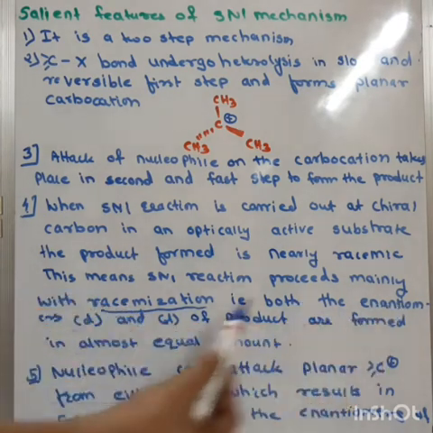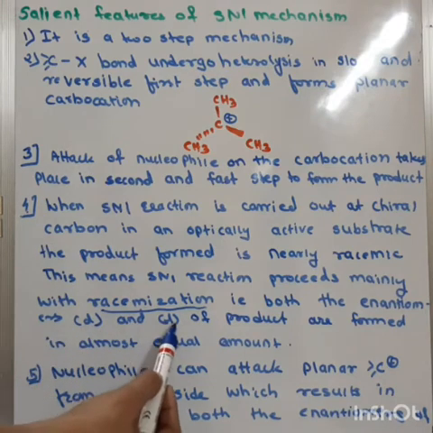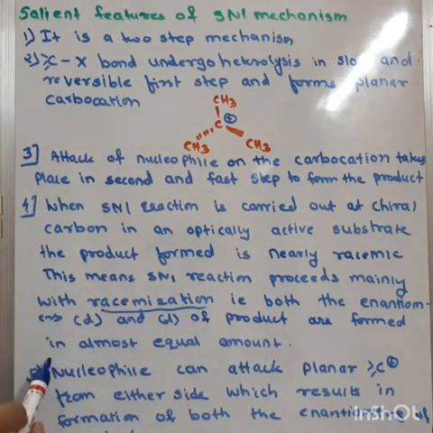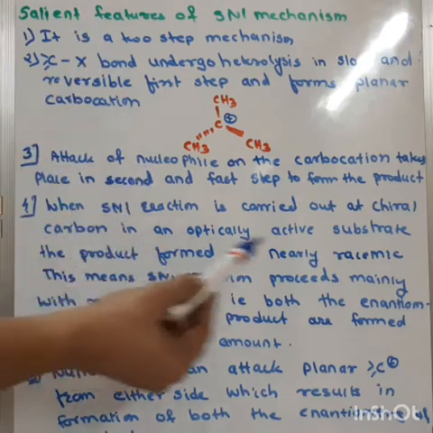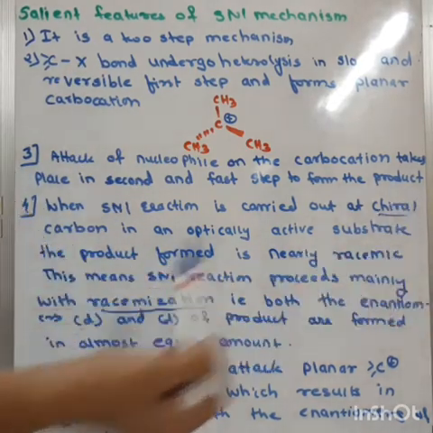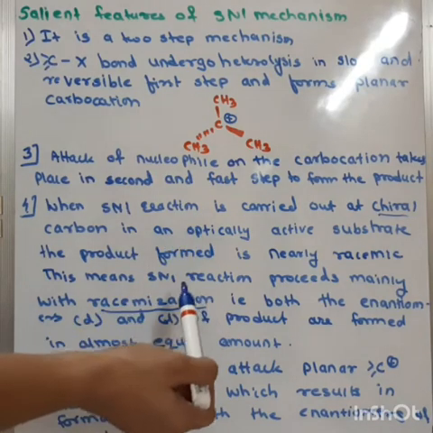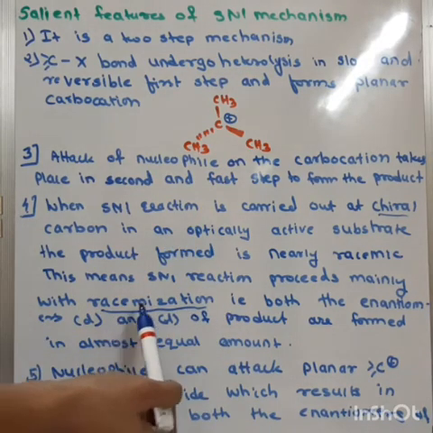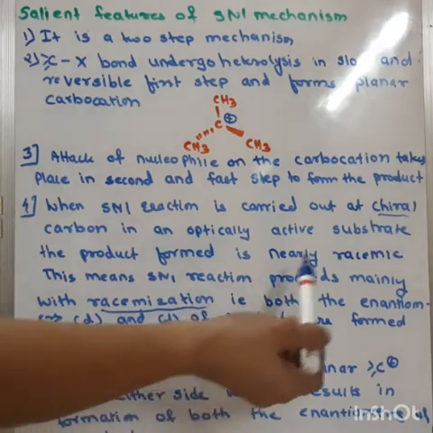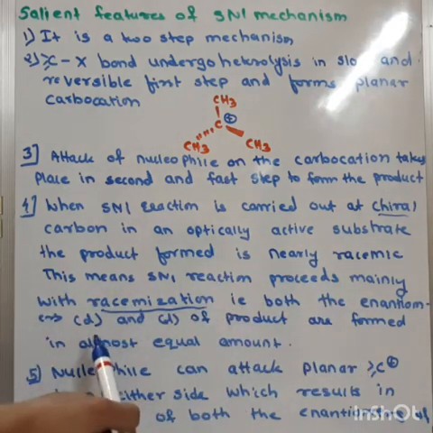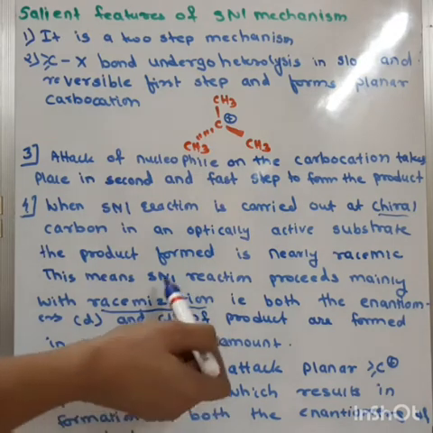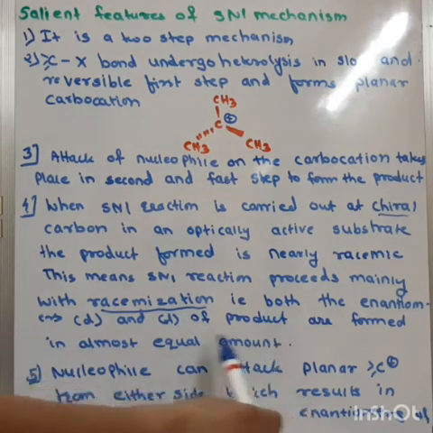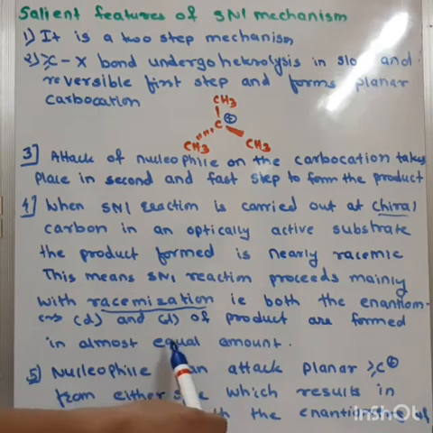That is, both the enantiomers, D and L, of the product are formed in almost equal amounts. In this reaction, if the reaction is carried out at a chiral carbon, two products are formed which are enantiomers, and that is called racemization. Racemic products are formed, that is D and L. A mixture of D and L enantiomers is formed, that is called racemization, and the products are in almost equal